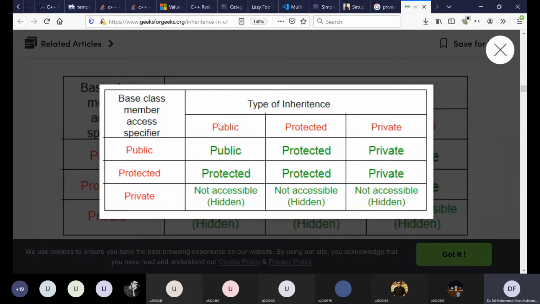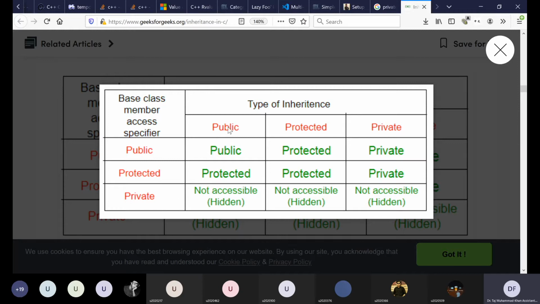First is public inheritance, which we have been using in our examples. If you inherit using public inheritance, then the public members of the base class are also public members of the derived class. The protected members of the base class also become protected members of the derived class. And the private members of the base class are not accessible inside the derived class. That's what we have been discussing so far.